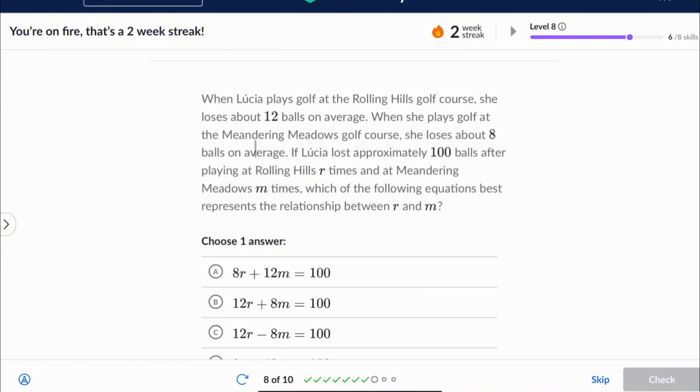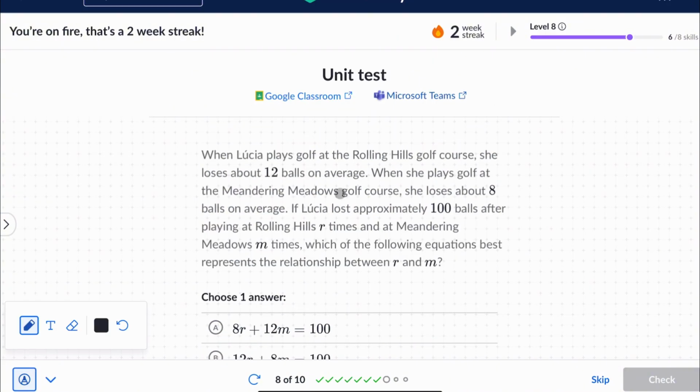When Lucia plays golf at the Rolling Hills golf course, she loses about 12 balls on average. When she plays golf at the Meandering Meadows golf course, she loses about 8 balls on average. If Lucia lost approximately 100 balls after playing at Rolling Hills R times, and so with the given info, so